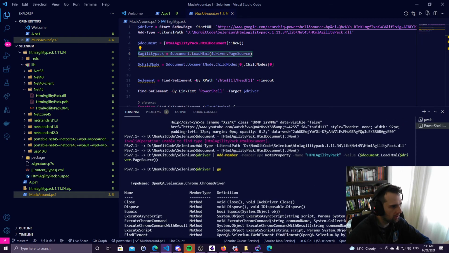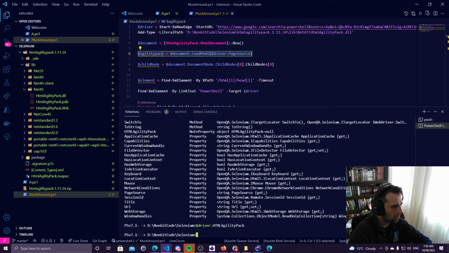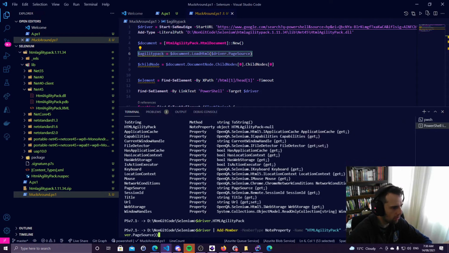Is that still technically a Chrome driver? It's still a Chrome driver. I probably could just tack it on that way. That ain't good. That should have loaded the